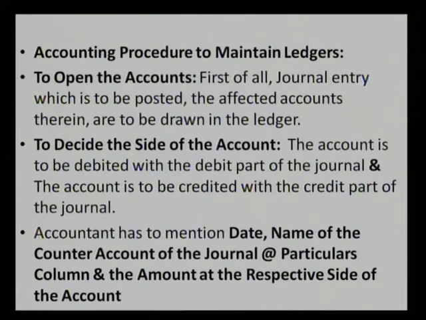name of the current account, name of the counter account of the journal. So if you are debiting the entry, then you have to mention the name of the account of the credit entry. If you are crediting the credit part of the journal, then again at the particular column we have to mention the name of the account of the debit journal. So we have to mention first one the date, second one name of the counter account of the journal at the particular column, and the amount at the respective side of the account, that in the column number 4 in